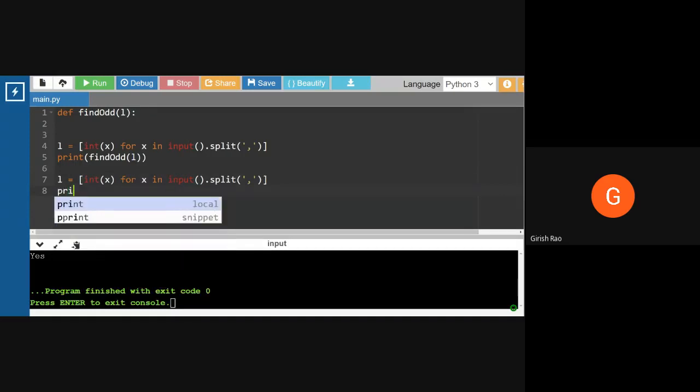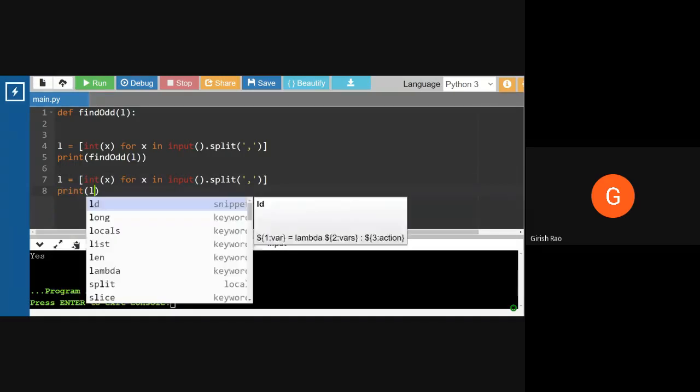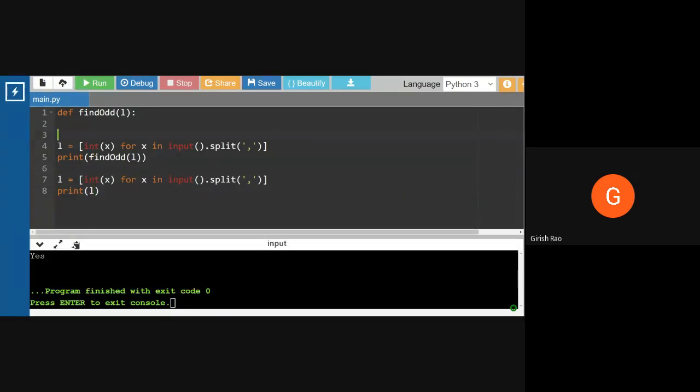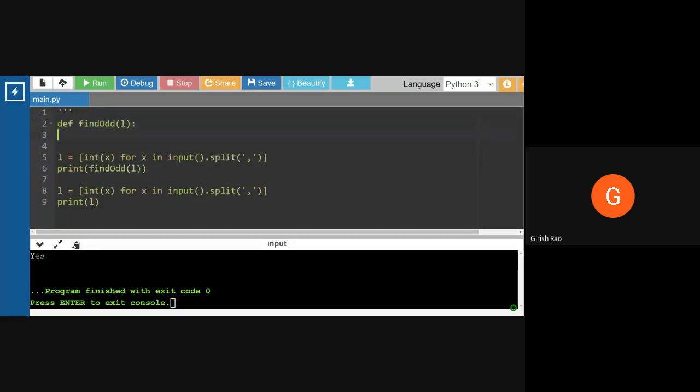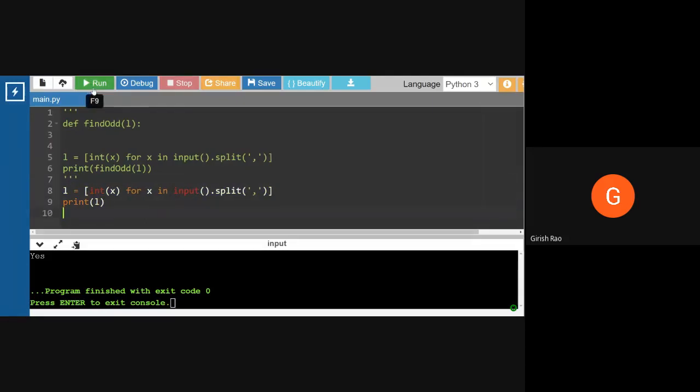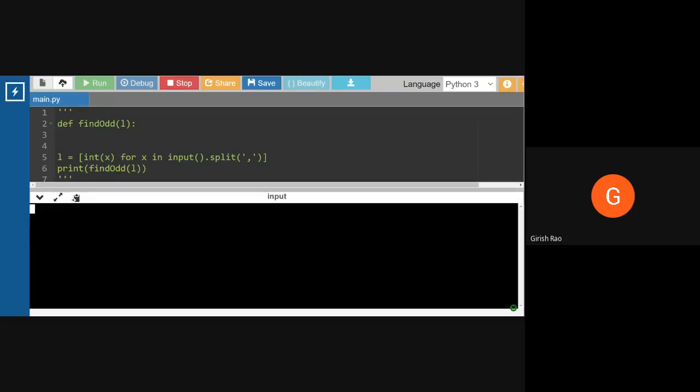And then print L. Let me put a comment over here. Let me run this. It's a list comprehension. It says you accept the value from the user till you press enter, and assign it to L.